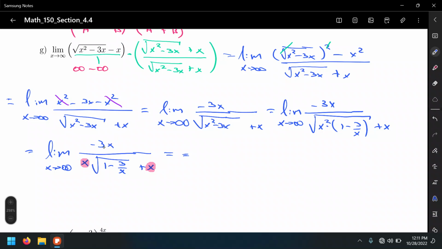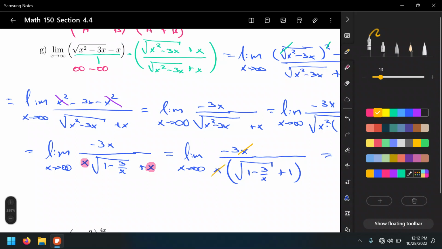So in order to be able to cancel x's, we need to factor it out first. So that'll be the limit as x approaches infinity of negative 3x over x that multiplies the square root of 1 minus 3 over x, plus 1, and only then